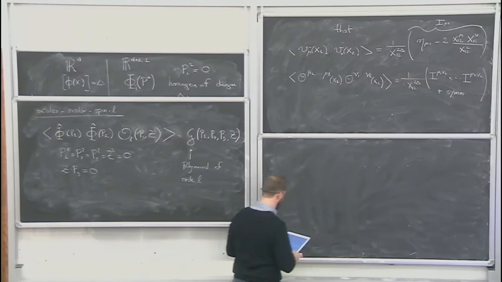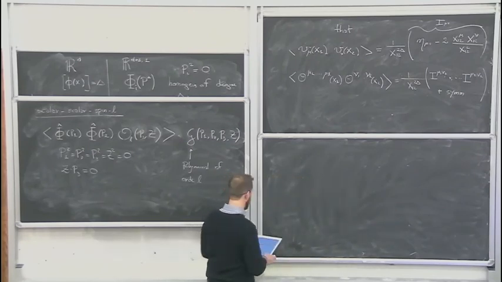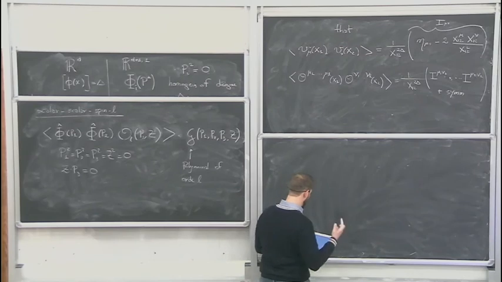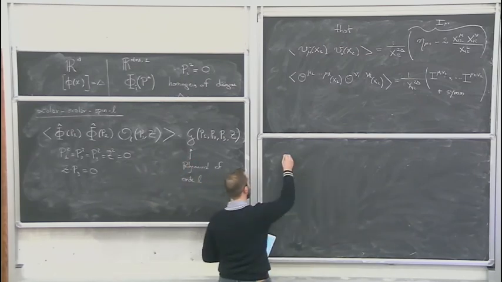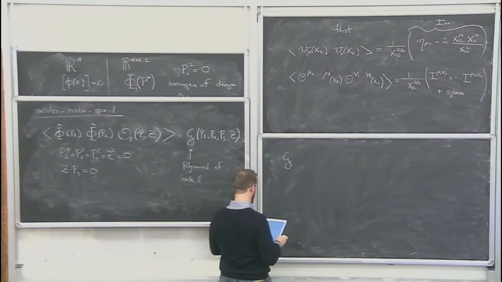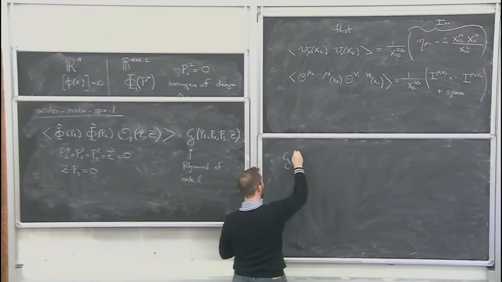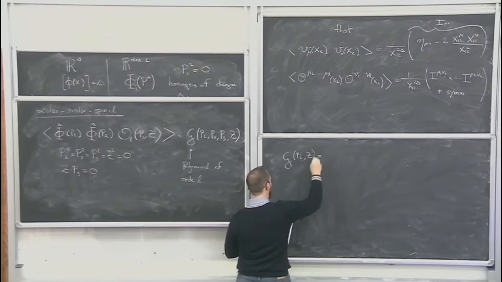It's not very hard to convince yourself that there is only one possible combination that does this, and it's the following. So G of Pi, Z can be written as